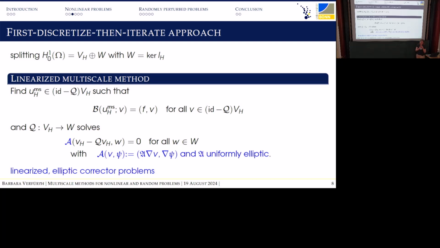But remember, we've also seen it in Eric Schung's talk, a lot of the error analysis for the whole method hinges upon this orthogonality thing, or that we kind of use knowledge of our problem in the construction of the multiscale space. So somehow I have to be at least careful at how to choose this fractal A, or this bilinear form A here. I cannot just do anything here. It has to still do something with my linear problem in order to be sensible. And that's what we thought about next.